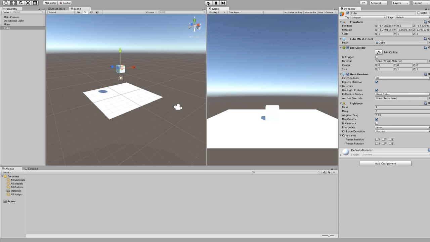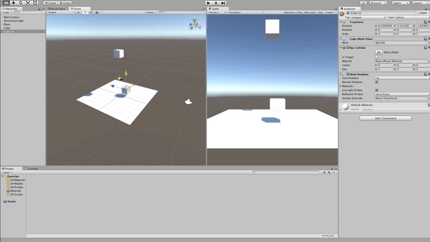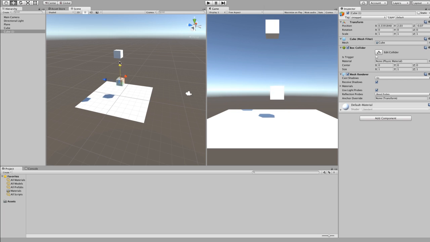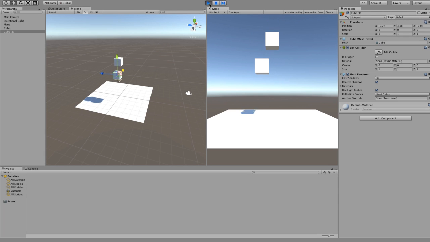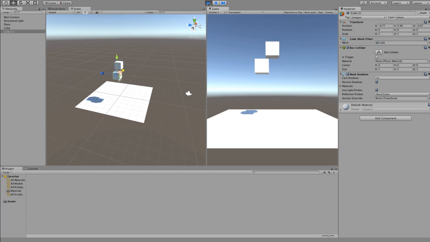Awesome. But we should also note that it doesn't just fall with gravity, but if I were to create another cube, another boring cube, this one's going to be under the first one, but just barely, just so we can nick it. You'll see that this box collider that's attached to my rigid body cube is going to collide with the box collider on my normal default cube, and we'll get sort of an interesting thud. Cool, right? And that actually gives it a little bit more life, right? The fact that it bumps gives it a little extra direction and force